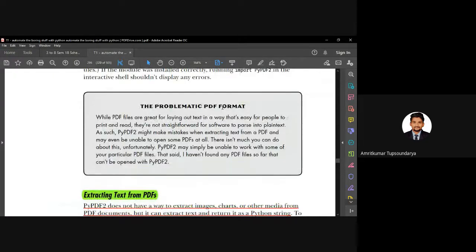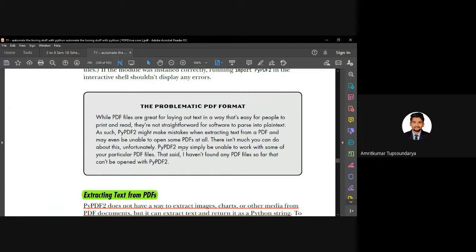There might be some mistakes when you're trying to convert your own PDF using this PyPDF2 module. There might be some errors while extracting these PDF documents, or even reading the document. It might say that the file hasn't been found. So don't worry about it, because there are some shortcomings and there is nothing that we can do much about it, unfortunately, as it is mentioned here.